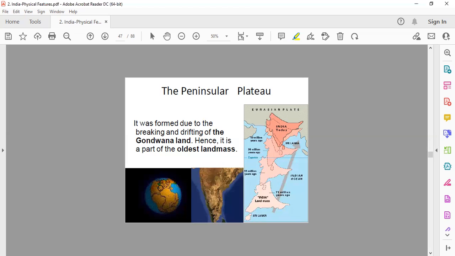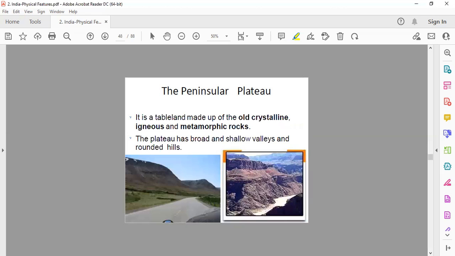What is this visible? This whole is Pangaea. Broken into pieces, what was formed? Laurasia and Gondwana. These pieces separated from Gondwana land. India came and hit the Eurasian plate. The Eurasian plate is going down and the Indian plate is going up. Next, what is the peninsular plateau? It is a tableland made up of old crystalline, igneous, and metamorphic rocks. The plateau has broad and